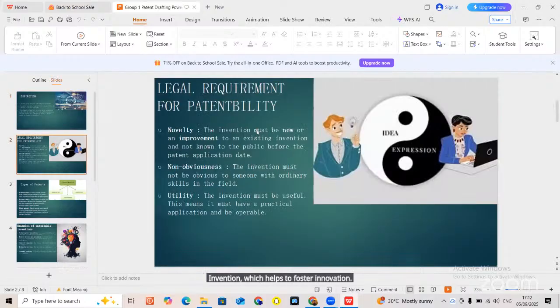Now, we also need to understand that patents has legal requirements. There are ingredients to a patent before the law can really recognize it as something that can be enforced and something that can be protected. It's just like we have ingredients of an enforceable contract. We also have the requirements for an enforceable patent. First one is novelty, non-obviousness, and utility.